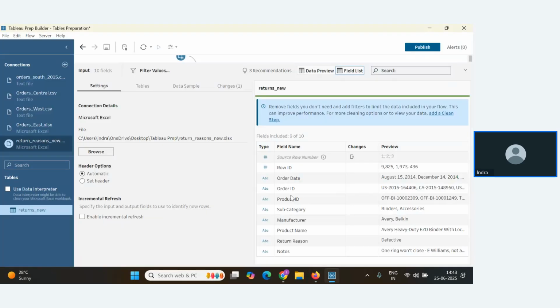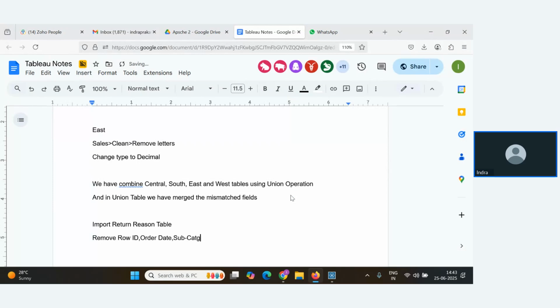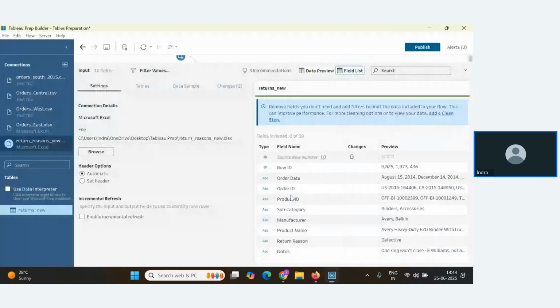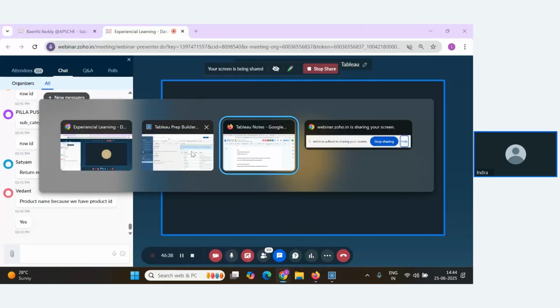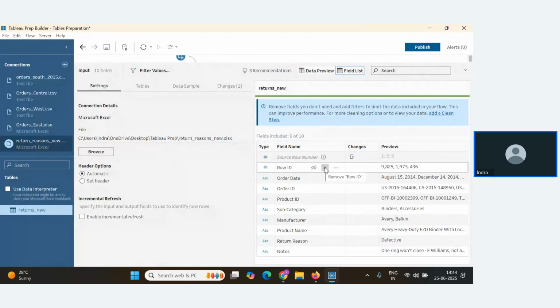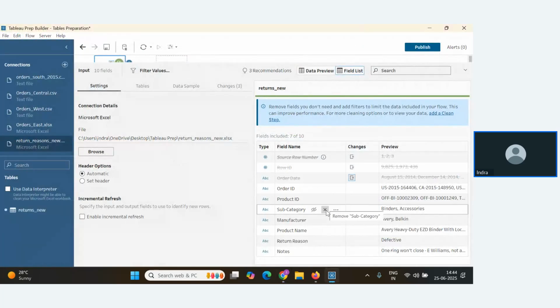Then we can remove the subcategory, we can remove the manufacturer, even we can remove the product name. So in this particular table, we can remove all these fields. Straight away, I will remove row ID, order date, subcategory, manufacturer, and product name.